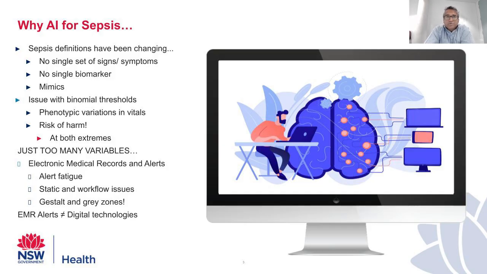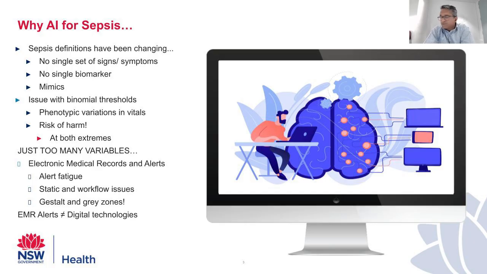For example, a pulse of 120 plus can be considered as SIRS positive, but someone with 119 may not be picked up as a SIRS positive patient because of the binomial thresholds. Whilst we also know a blood pressure of 100, which is considered to be a significant threshold in detection for hypotension, may be a normal blood pressure for a significant amount of our younger or youth population, whilst the same threshold for the elderly population might represent a significant cardiovascular impact, or even 50% of their normal blood pressure,